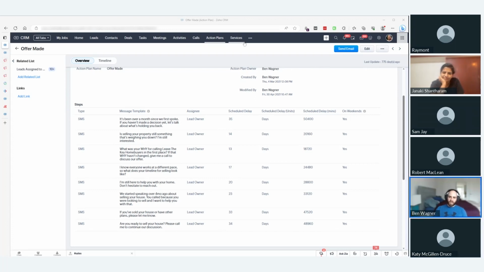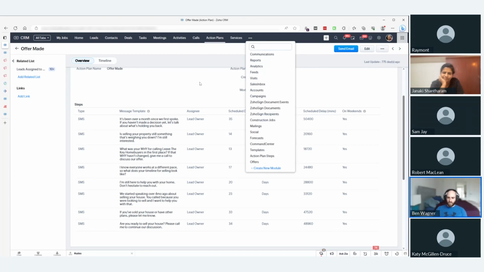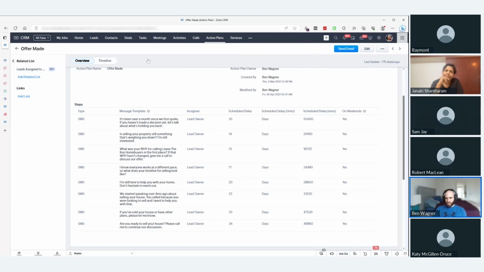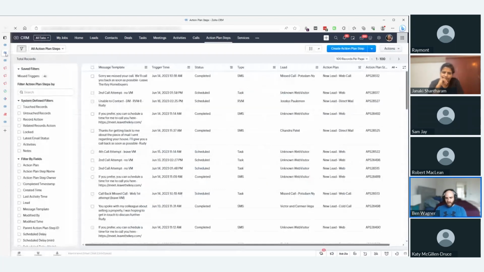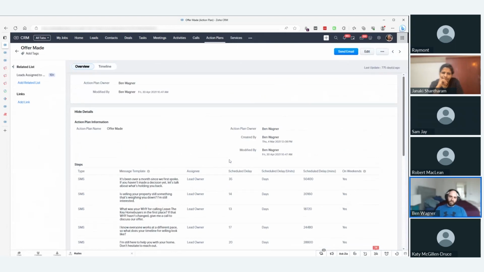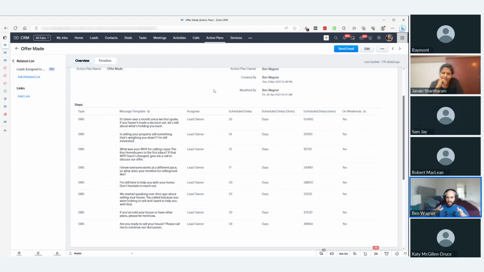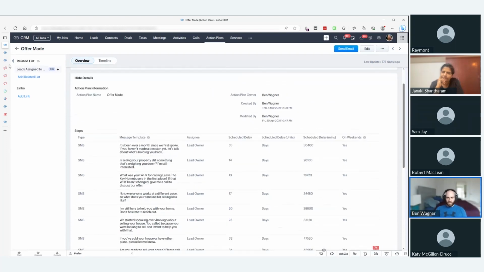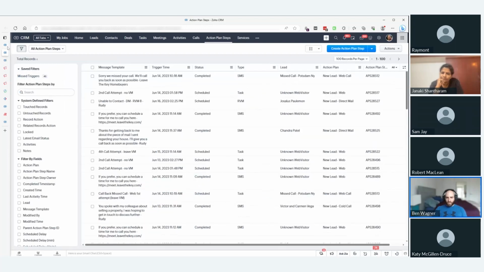So the action plans are basically a custom module I have, and this whole thing works on two modules: action plans and action plan steps. I think this whole thing runs on those two modules and about 5 custom functions. And the way it's configured is, when one of the action plans, which I'll call the template, gets assigned to a lead, we don't just copy all of